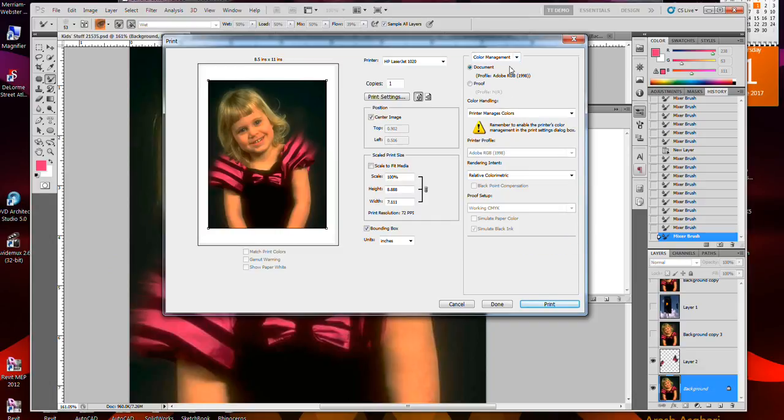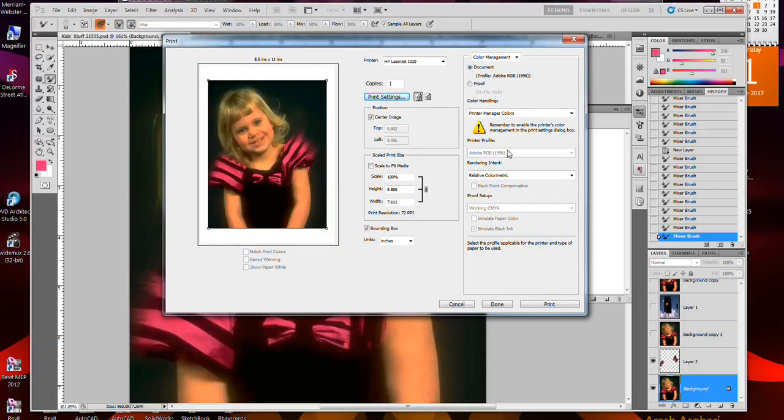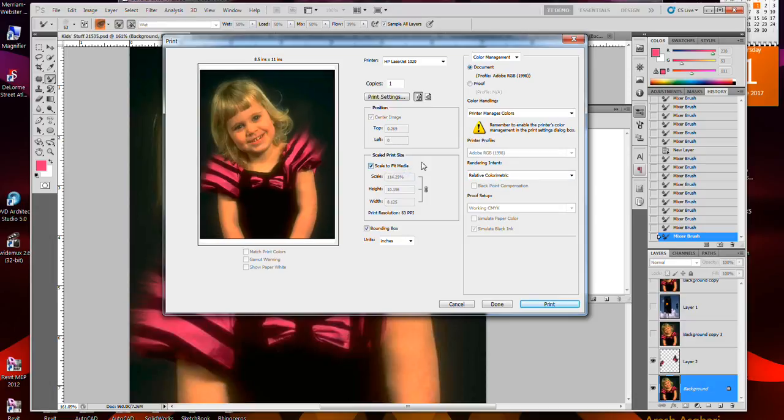So the printer has some pretty cool selections, because if you choose paper and so forth, it has a paper library, so if you're printing on some kind of blue background paper, you can reflect that. But at any rate,